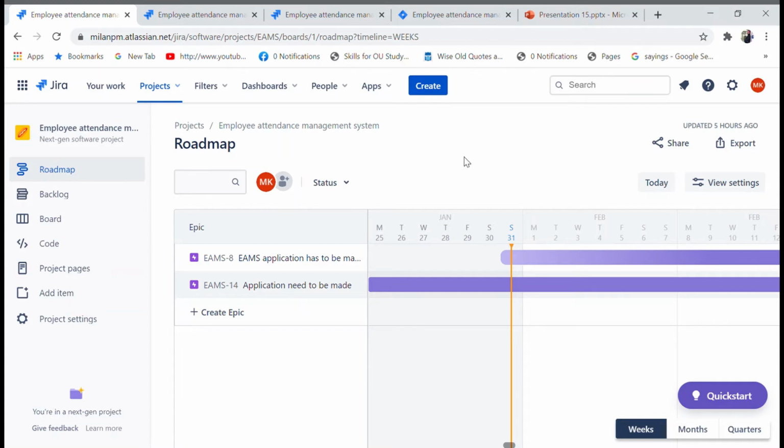And also it is done, backlog is done, board is done. Yeah, for now that's it for the Jira dashboard, and we will be switching back to the presentation. And the presentation is about the